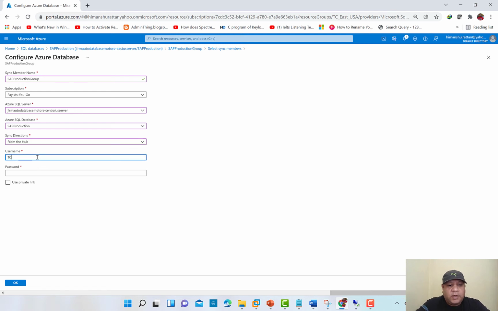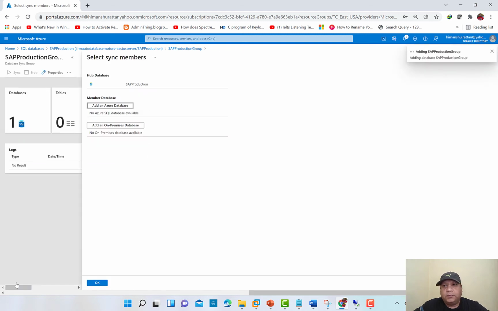The username I will give it as, now I'm not using private link, so I will click on OK because I'm using it for a demo purpose. Let's wait for this to complete. It will reflect 2 databases once this configuration is complete. All right, we can see now that we have 2 databases configured for the